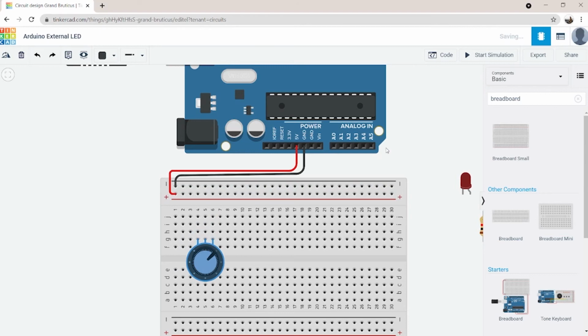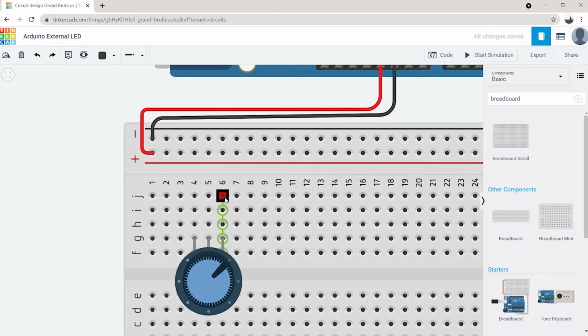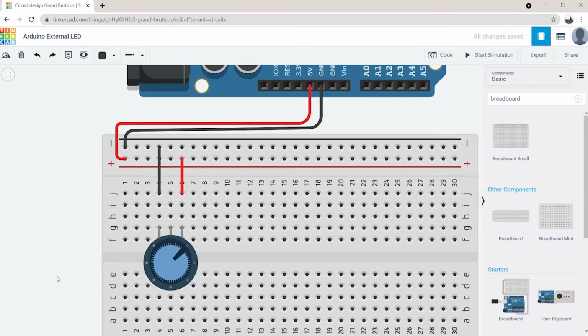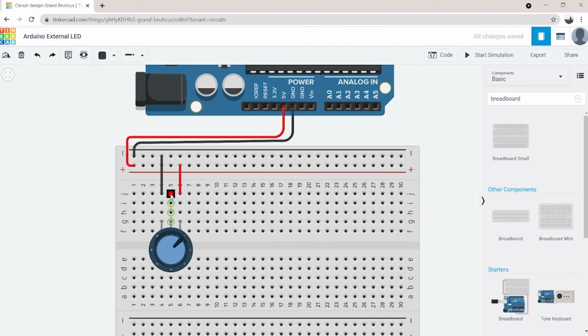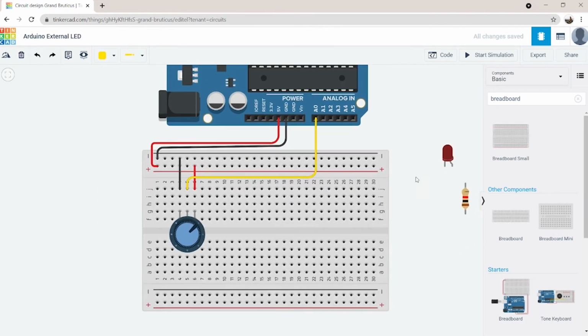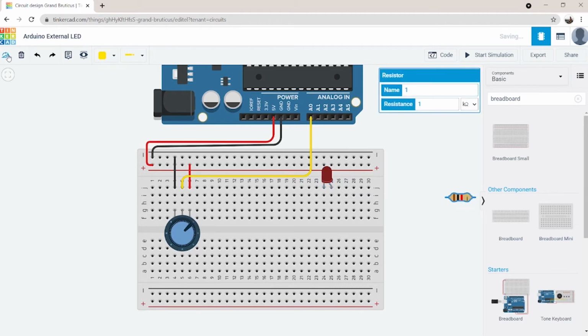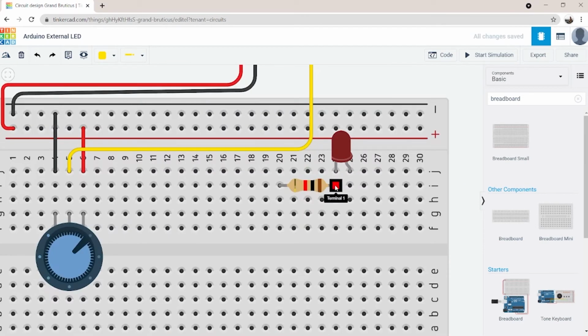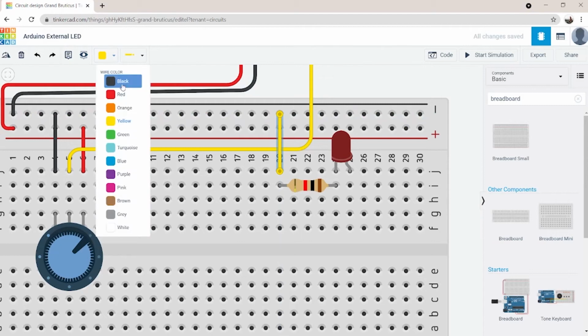I will connect the middle lead of the potentiometer to pin A0 of the Arduino, one of the terminals to the 5V pin and another to the ground pin. Now for the LED, the cathode goes to ground via a resistor and the anode to pin A1 of the Arduino.